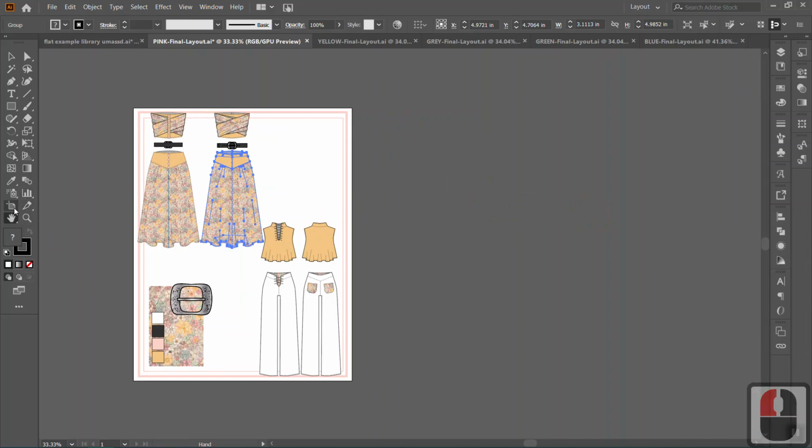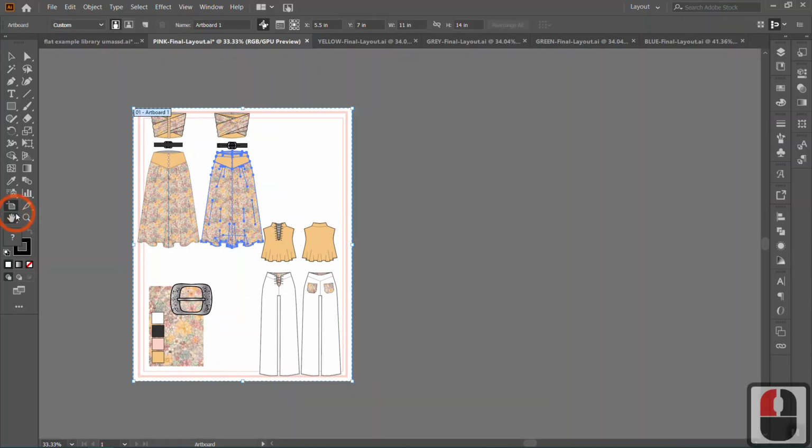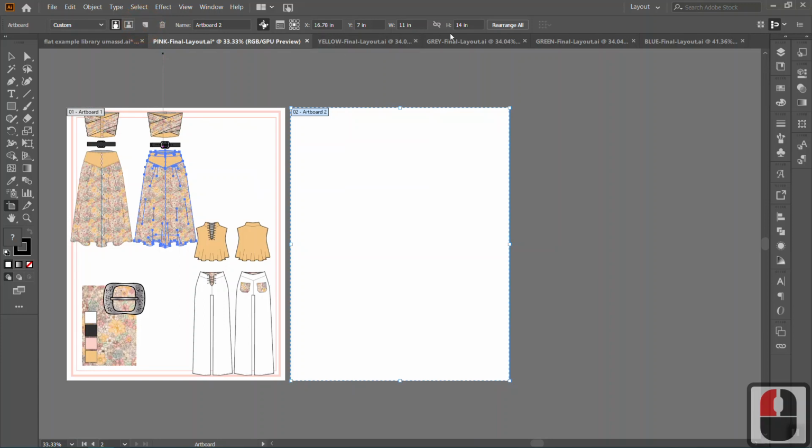Okay, so I'm going to use the artboard tool, and you're going to come up to the properties panel wherever your properties panel is, and I'm going to choose new artboard, and she has 5 pages, so I'm going to hit it 5 times,